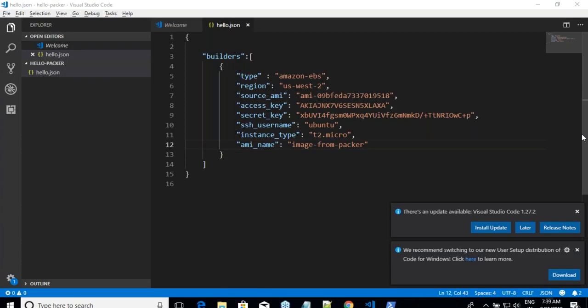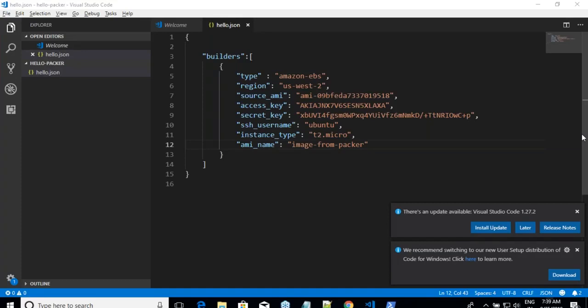It can be used for anything as long as there is a builder. So how was I able to create an AMI? Because there was a builder there. So to create anything in Packer, the only thing which you need to search for is, do you have a builder or not? If there is a builder, you'll be able to do it. If there is no builder, you'll not be able to do it. That's the whole stuff of how it works.